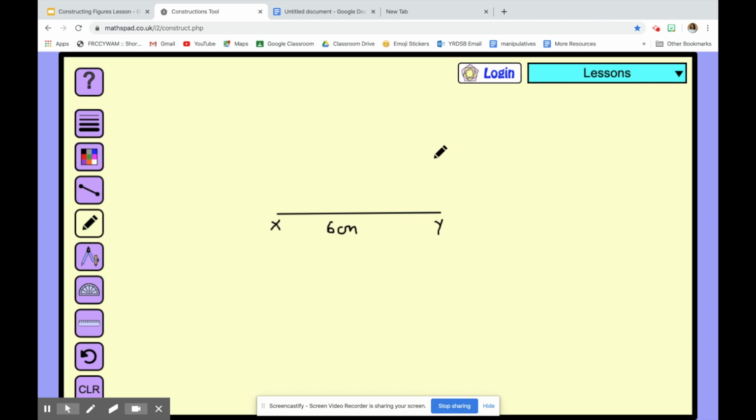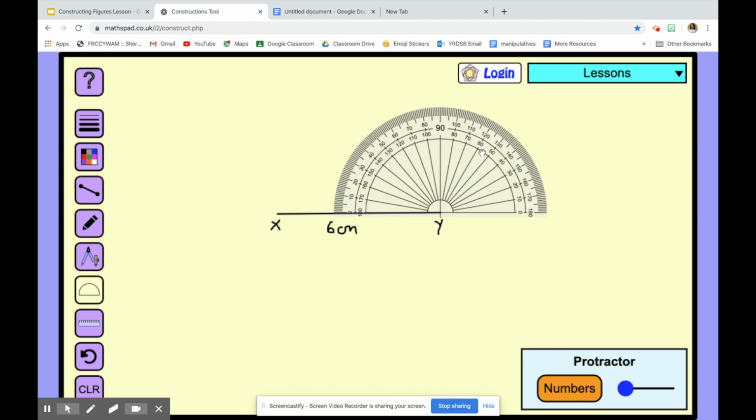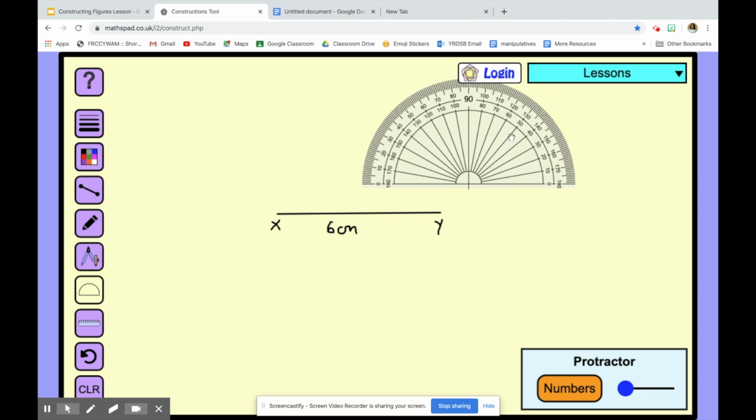Okay. So some of you might be thinking that you should be doing something with your protractor. If you're thinking that, you are correct. So I'm going to get my protractor out. Let's make it a bit smaller. Oh, good, it is small. Okay, let's start with angle